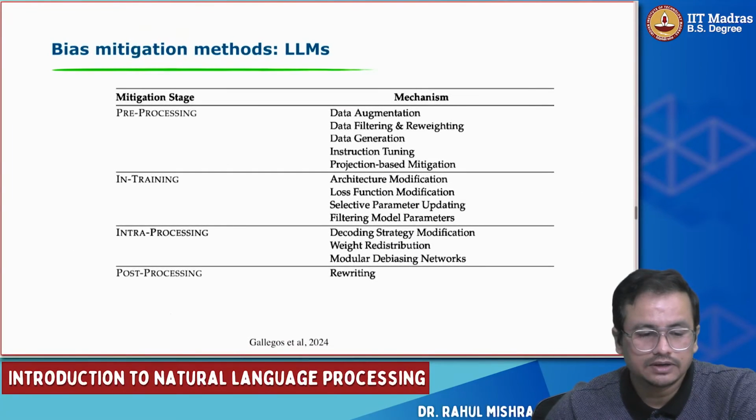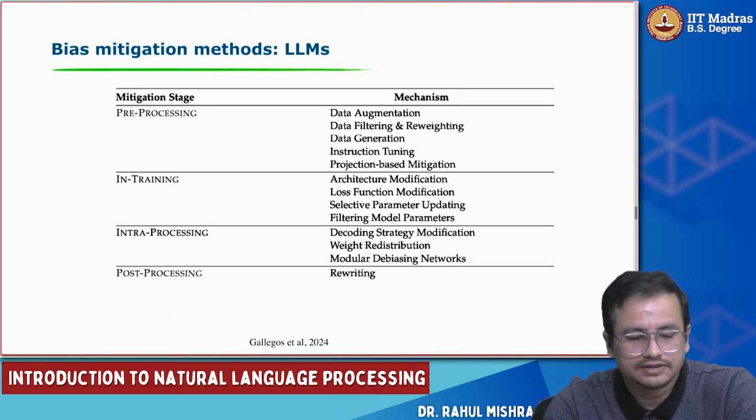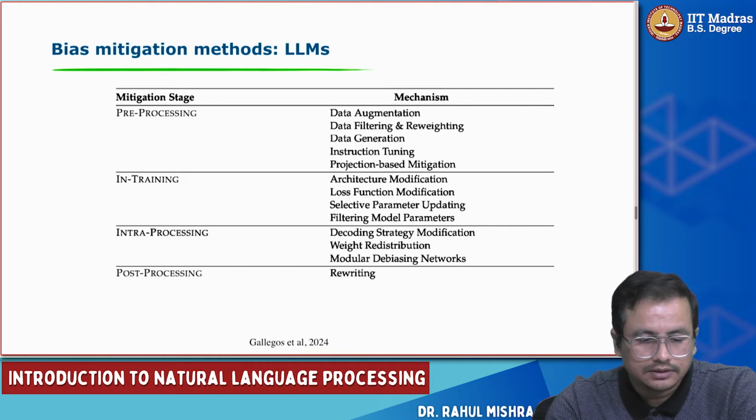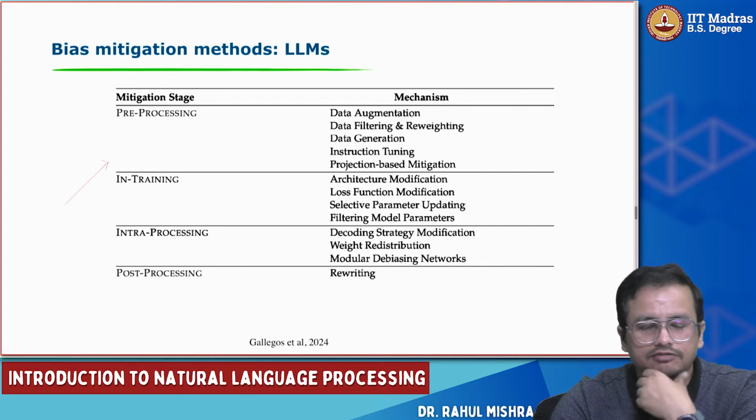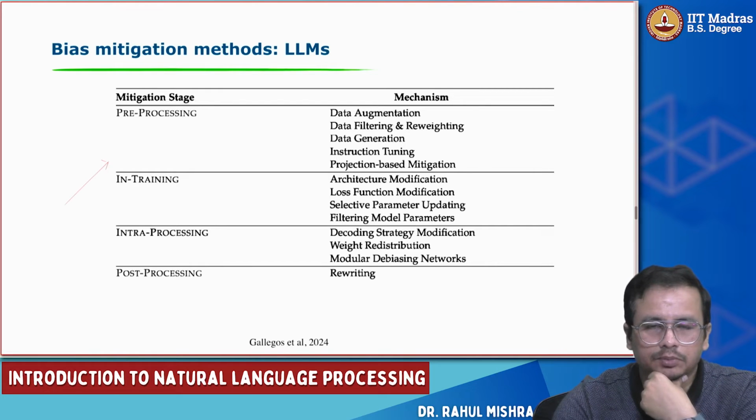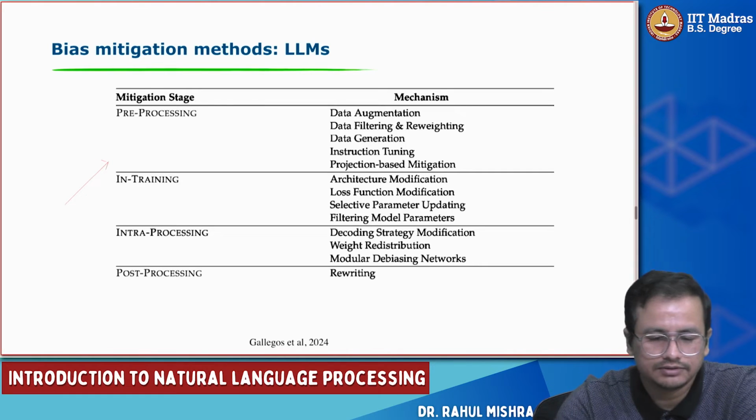Okay, so now we come to one of the last topics of this lecture, which is how to mitigate the bias. What are the methods which are readily available? So Gallegos et al. have classified the proposed methods into 4 categories, and one of the categories is pre-processing, where we